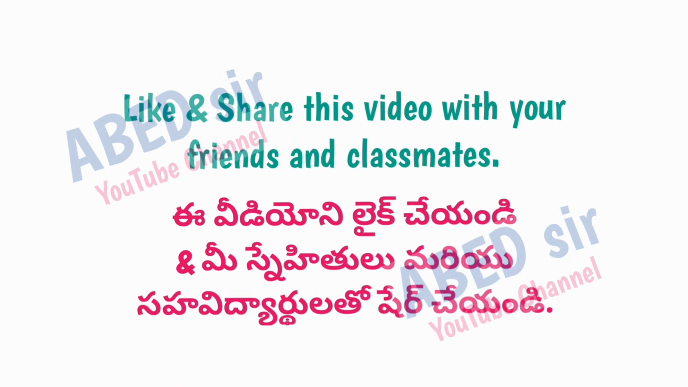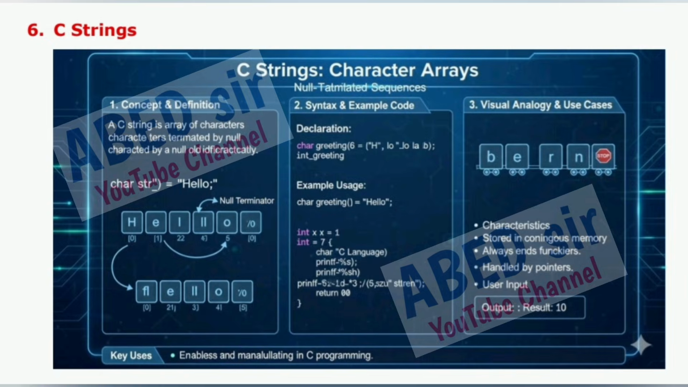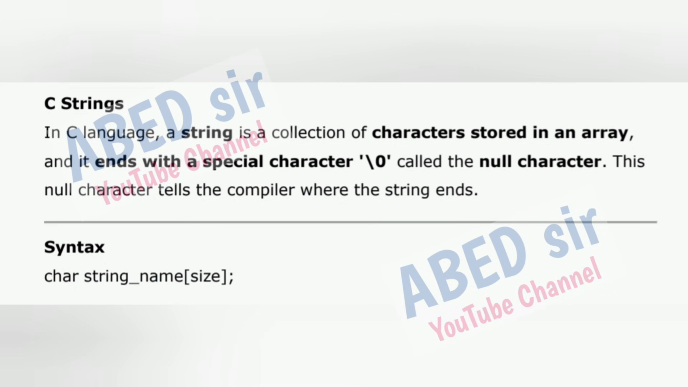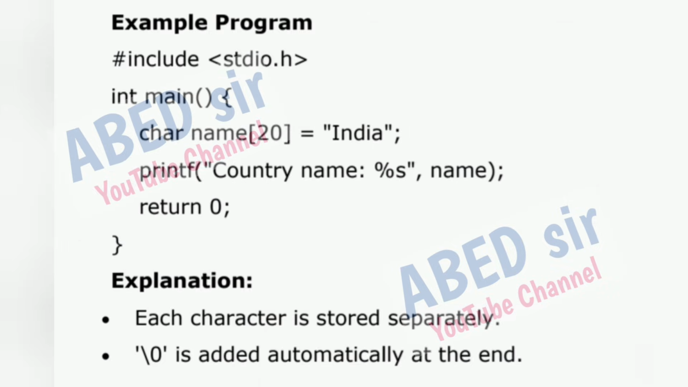Next important short question is 6. C strings. In C language, a string is a collection of characters stored in an array, and it ends with a special character \0 called the null character. This null character tells the compiler where the string ends. Syntax: char string_name[size]. Example program. #include <stdio.h>. int main() { char name[20] = "India";